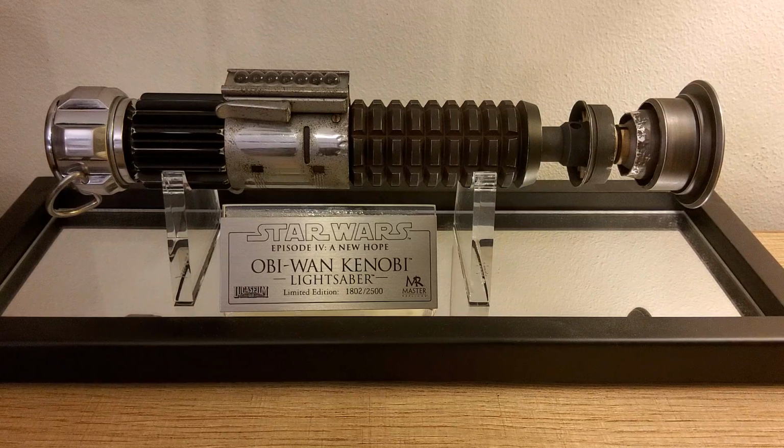And it's a shame though that Master Replicas went the way they did, because at the time period when these were coming out, they were putting out some really, really killer pieces, especially their lightsabers. Their lightsaber game was on, and their weapons, like the blasters and thermal detonators, they were coming up with really, really cool stuff. They were at that precipice of being able to come up with some cool stuff. And business goes the way it goes, and they lose the license, and EFX, being somewhat of an offshoot of Master Replicas anyway, which is why I kind of stuck with them on some of my stuff,